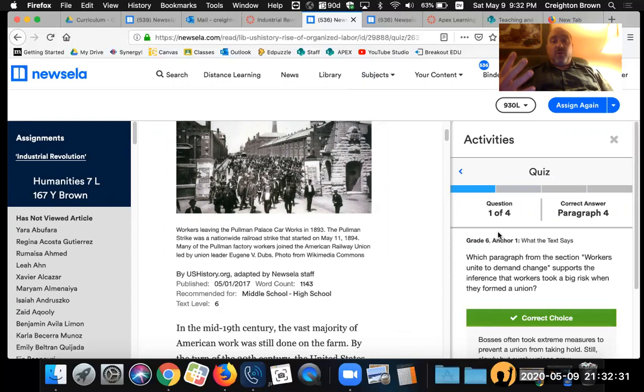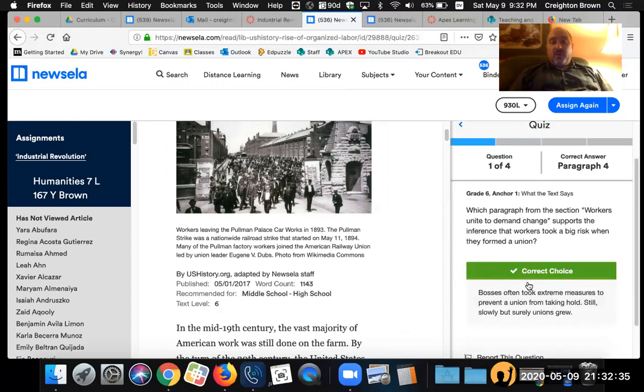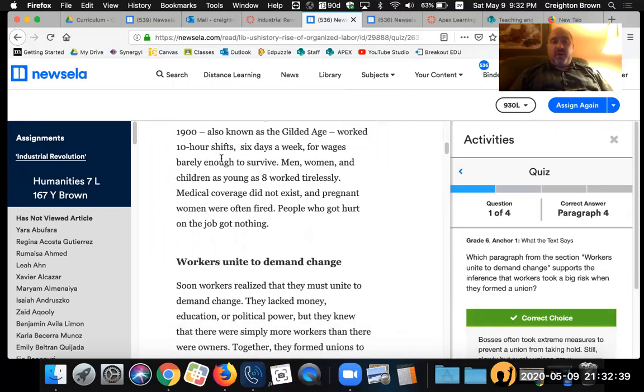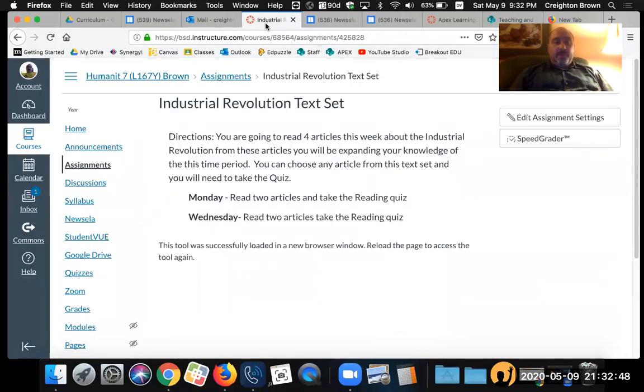There are 4 questions. These 4 questions are all multiple choice. Take your time, but be sure to go back and find the text that supports this. Okay, so those are step 1 and 2 of today's assignment.